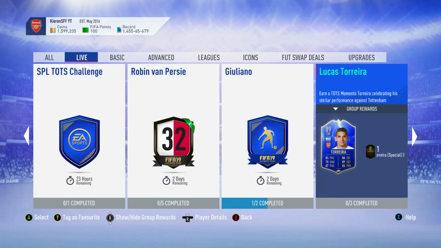So EA have just released a Team of the Season Moments Lucas Torreira, and as you can imagine, I'm pretty excited to try this card out. I've been using the 86 Footmas Torreira for months now, and I absolutely love it. It's one of my most used items in FIFA 19. But Footmas Torreira's time in my club may now be over, as Torreira now has a better variant in Ultimate Team. He's now got this 89 rated Team of the Season Moment card, which in today's video we'll be obtaining